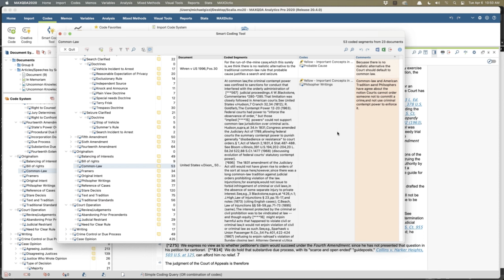What this is doing is showing me all of the segments that are coded with common law: the documents, the coded segments, the codes that are assigned to this coded segment, and the code comments that exist.